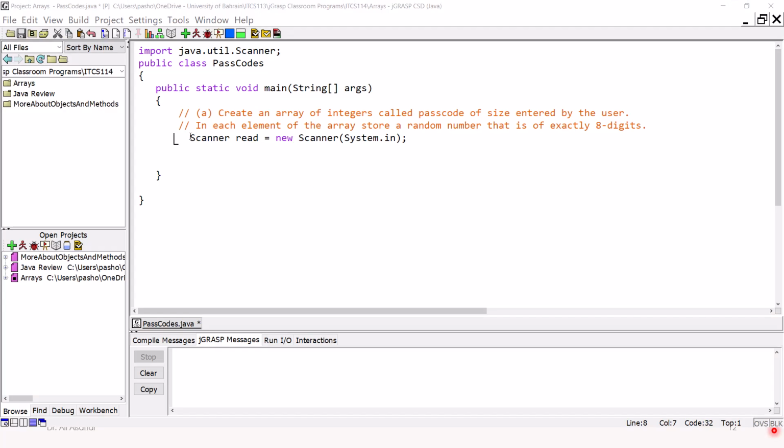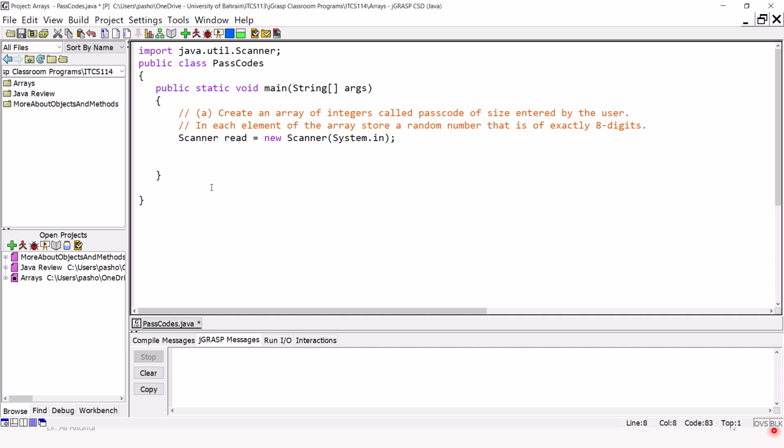We will solve this exercise using only one class that has only a main method. And if we need another method, we are going to define it in the same class. The name of the class is Passcodes. And we have the main method inside it. Since we are going to read the size of the array from the user, we need to import java.util.Scanner as well as create an object of the Scanner. First, we will ask the user about the size of the passcodes. We will display a message